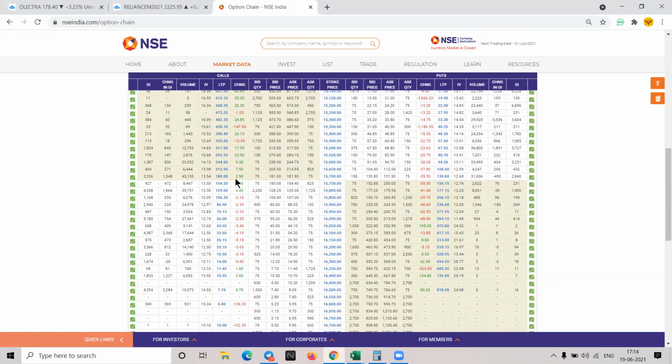One more thing I'll tell you here. If Nifty goes from 15,700 to 15,750, a 50 rupee increase, you will still be in profit. The reason is, almost 70 rupees of direct decay would be there because of time. If Nifty only goes up by 50 points, you will be in a straight profit of around 20-odd points by 24th June, which is the next expiry. But again, it will have certain value because one week is still there. By the expiry, this will become like 1 or 2 rupees, and all these out-of-the-money options will become zero.